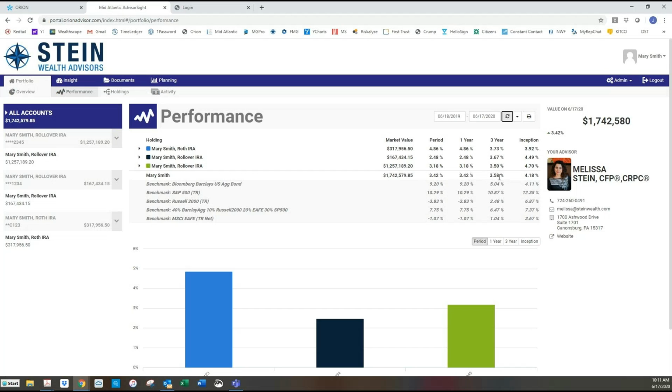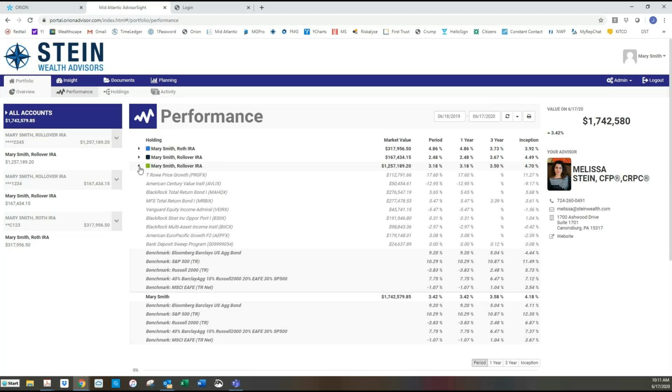It's also showing you the 3-year period, 3.58%, and since inception, which is the beginning of the accounts being established, it's done 4.18%. It also is breaking it down by account level here, so you can see the differences per account. And then if you wanted to, you can click these little arrows, and it'll actually show you the performance